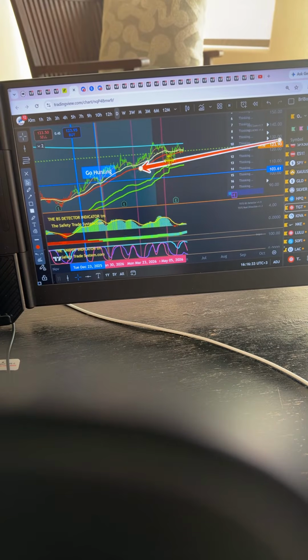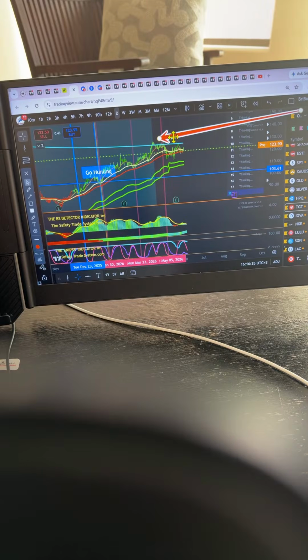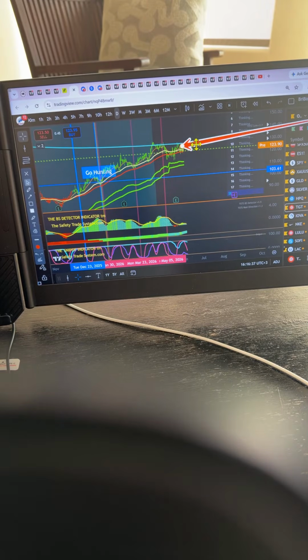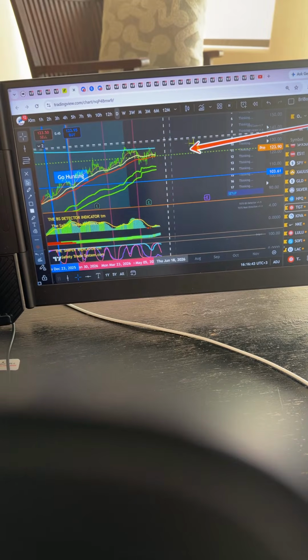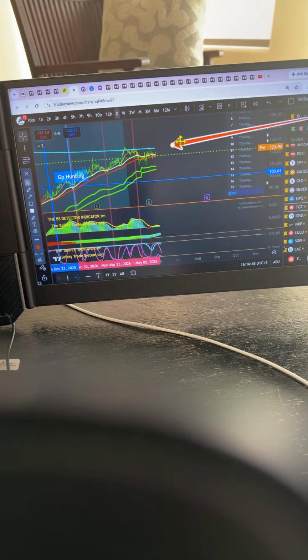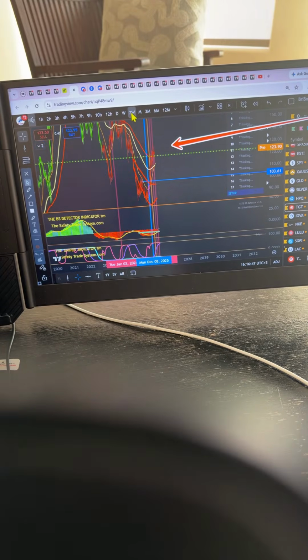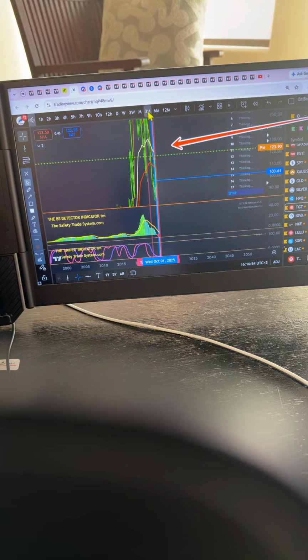Red, green, perfect, blue. Okay. So this is our thing. Well, it came up, touched it, ricocheted down, came up, touched it. So technically it's kind of a done trade in my book, but I'm too stubborn. I'm going to look for some more entrances because what it's going to do, it's going to come up to that blue line again. When it goes up to that blue line, we have to withstand this weekly, 3 weekly sell. We will. Then we're going to go over here to the 3 month, 6 month,